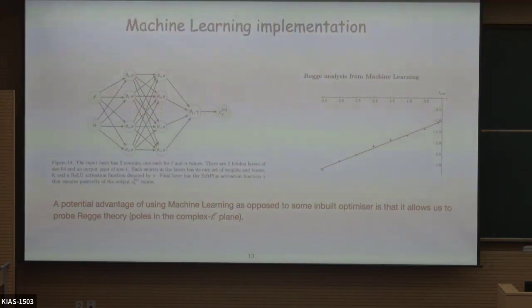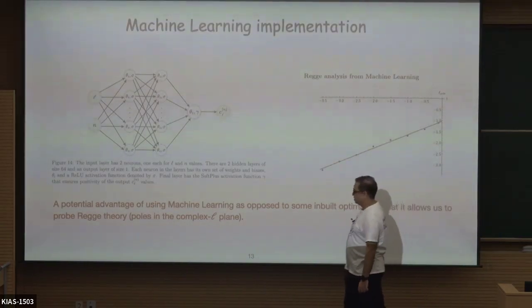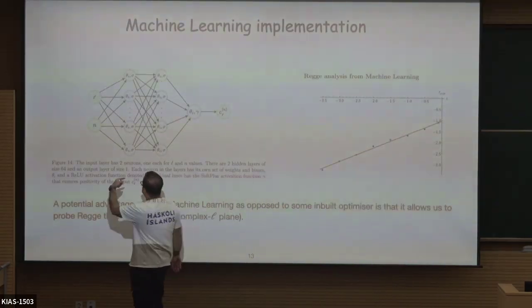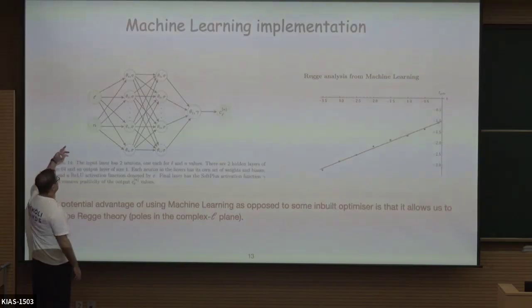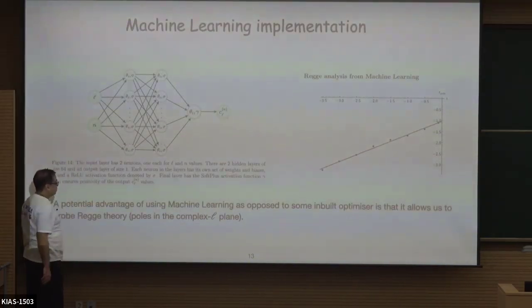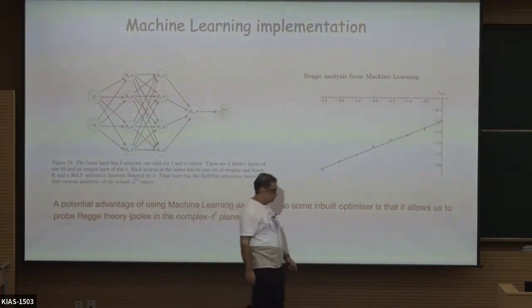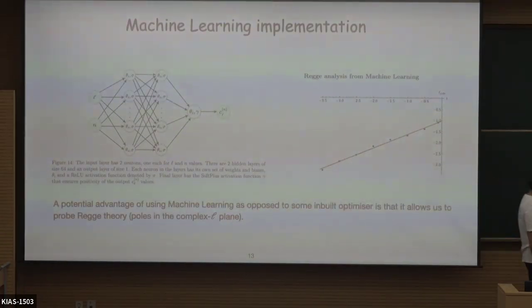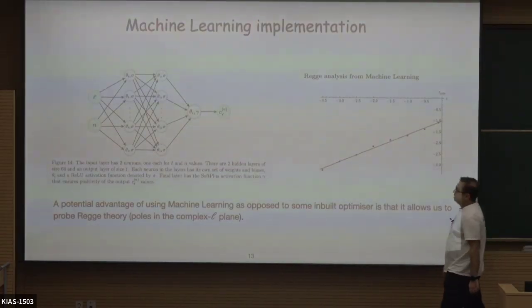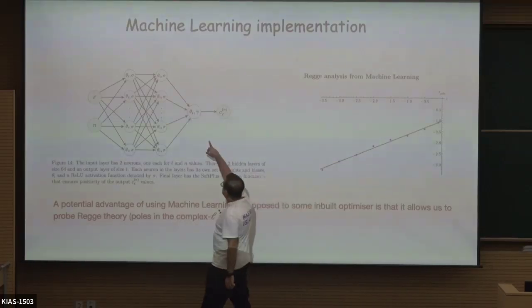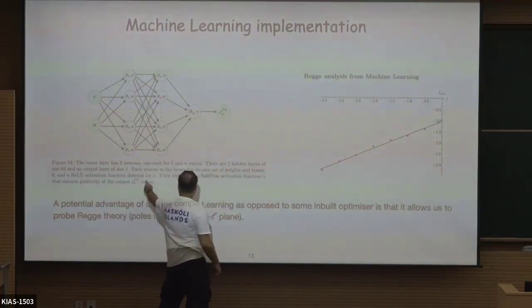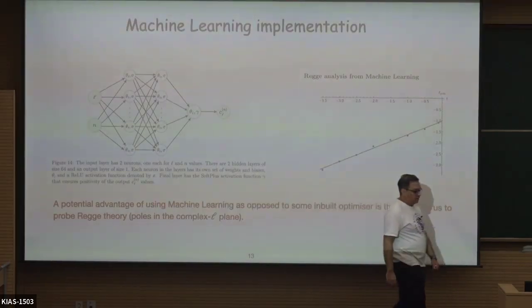So let me just quickly tell you about the machine learning implementation. As I said, we could do it using SDPB, but there is a way of doing this using machine learning. So we have a 2-layer neural network. We are putting L and N as the input values, and the machine learning tries to impose these constraints. You also have the C_NL bigger than 0 because of unitarity. So the last layer actually imposes the fact that the C_NL have to be bigger than 0,